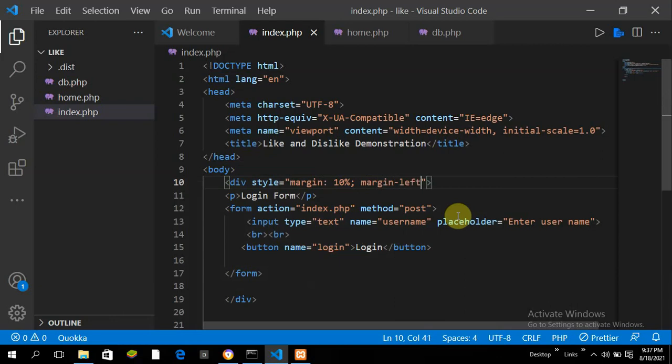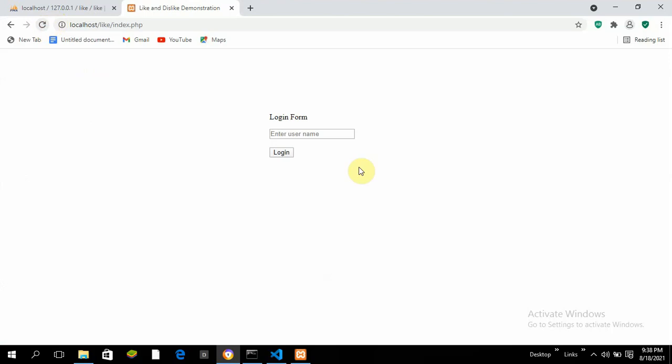Margin left to be 40%, something like that. This one, let it be top. Yeah, it's now in the center. So